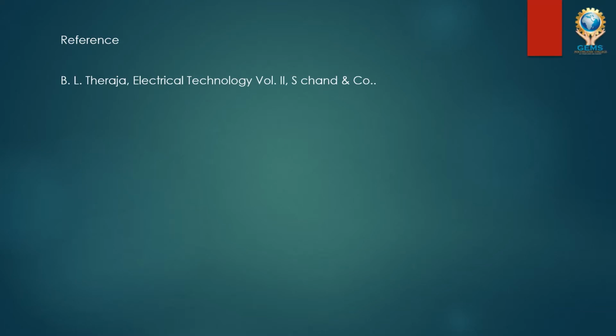In the squirrel cage induction motor, we can connect across the two ends of the motor. Otherwise we can use the flat coil with many turns at the non-driving end, and then we can use the low pass filter, and then the bridge circuit. So this is the reference book, B. L. Theraja, Electrical Technology Volume 2. These are the things in measurement of slip.